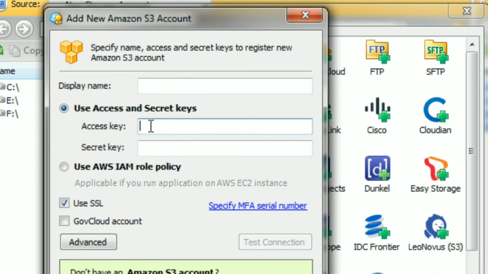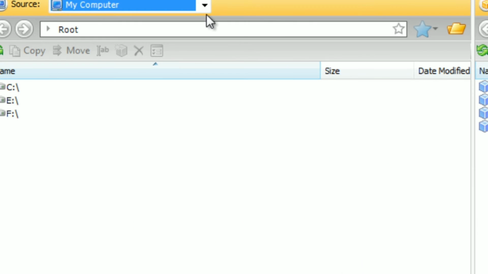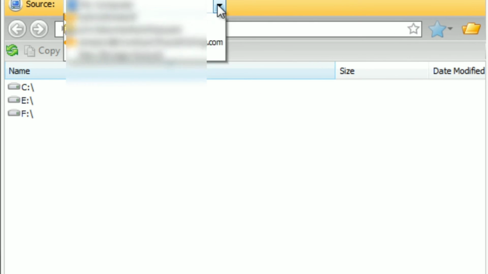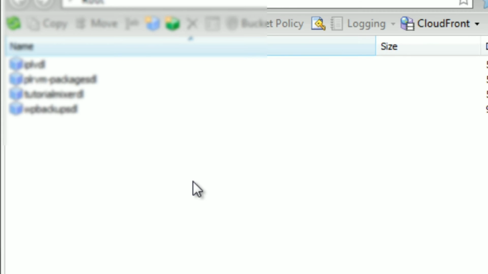So once you have those 2 keys, all you have to do is enter the access key in here, secret key in here, and that's it. And then you're good to go. Once you're done with that, you click on OK, and then you will have an account created within here. So now all you need to do is simply select that particular account, and that's all you have to do